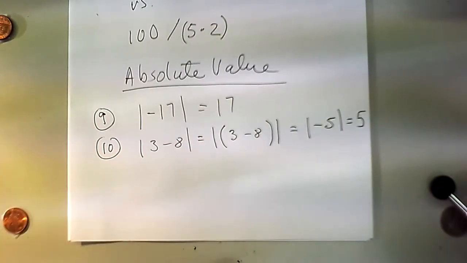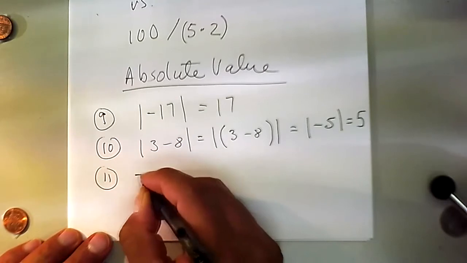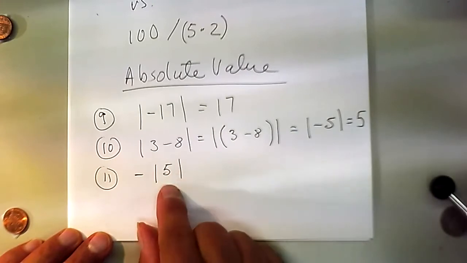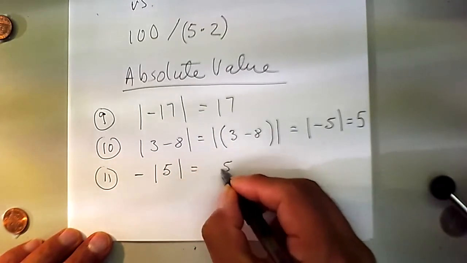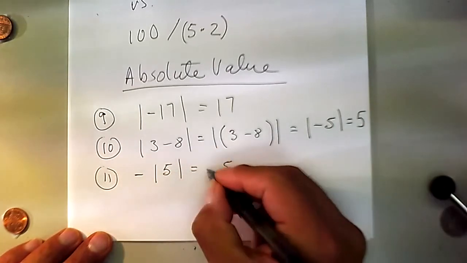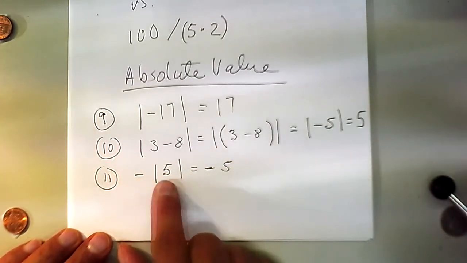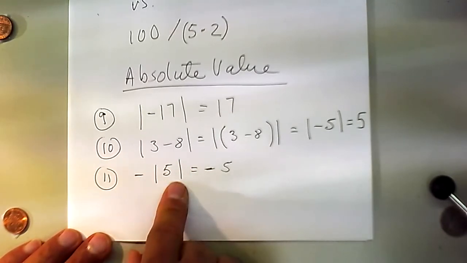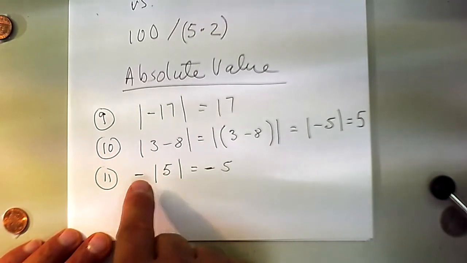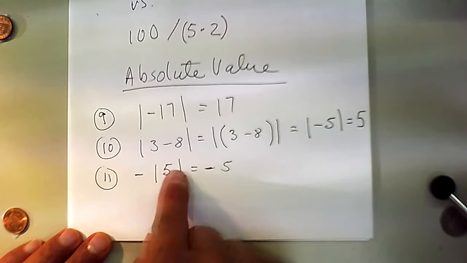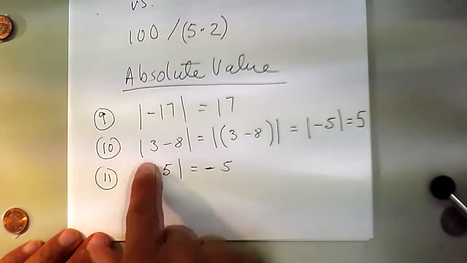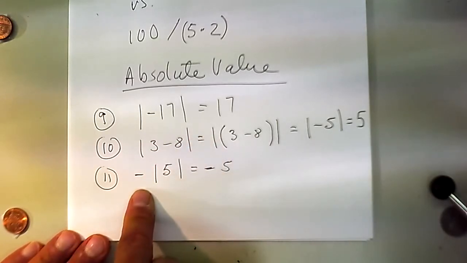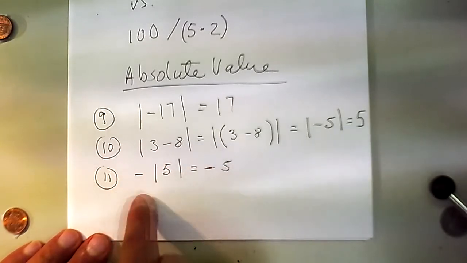If you have a negative in front of the absolute value bar, well, the absolute value of 5 is 5 itself. So we simplify this to 5, but then we have to keep the negative, because even though the absolute value is always positive, anything that happens after the absolute value will affect it. So this negative says we're going to do the opposite of whatever this is. The absolute value only affects what is inside of the absolute value bars. Whatever is outside has no control over that.